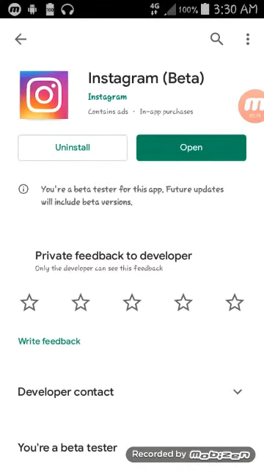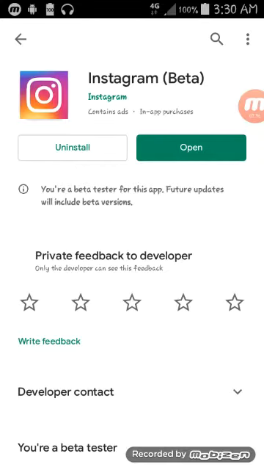If this green button says update, then tap it and download the latest update. As you can see, I have the beta version, so that might also be why it's a bit glitchy sometimes. Mine says open, so I'm up to date, so I can't update the app.